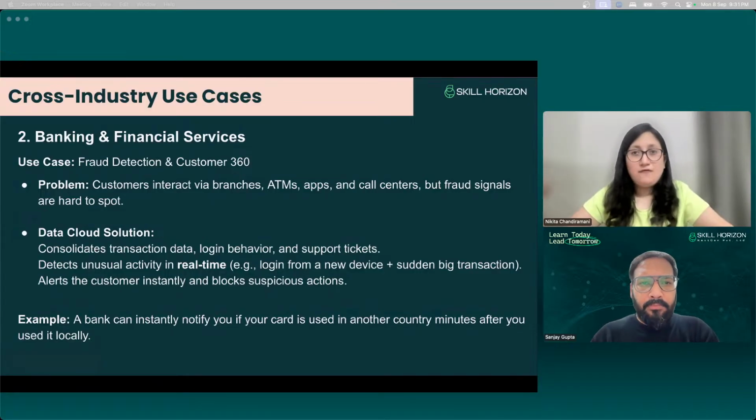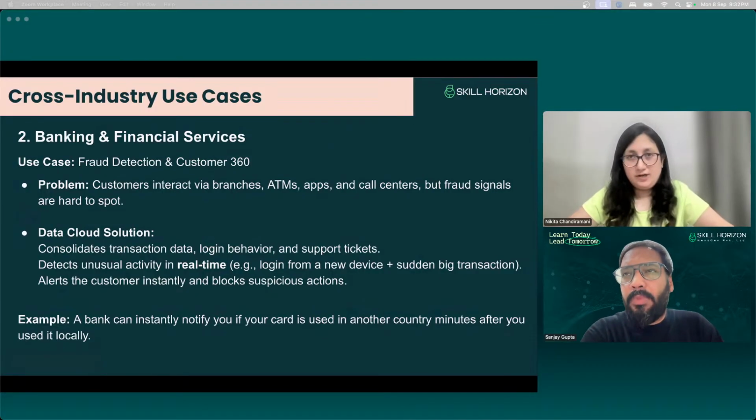As soon as there's a transaction of $1,500, they would alert me that there is a huge transaction that has happened and I need to view this transaction, right? So as early as possible, the fraud has been detected, right? So my behavior of transaction was noted down in the data cloud. My trait of constantly having a transaction of $10, $15 was taken into consideration, that I'm not going beyond $100, right? And as soon as it's a $1,500 transaction, it is a big thing. So for that reason, I will be notified through alert messages that there has been a problem, and it could be a fraudulent transaction.